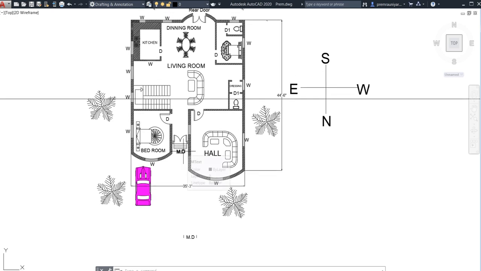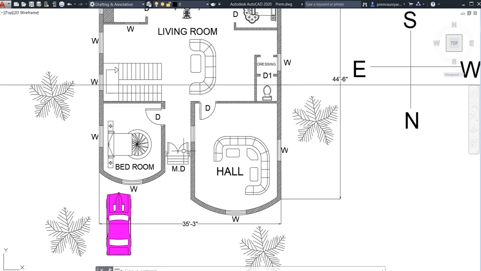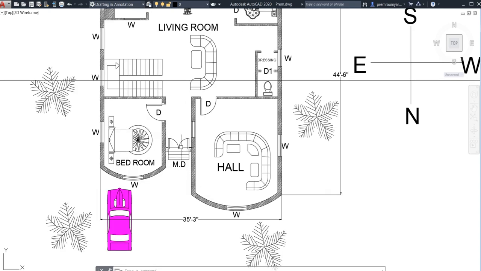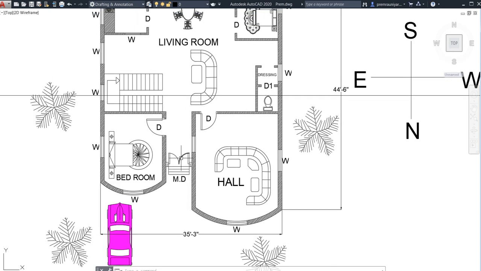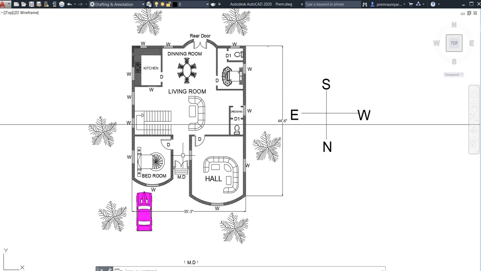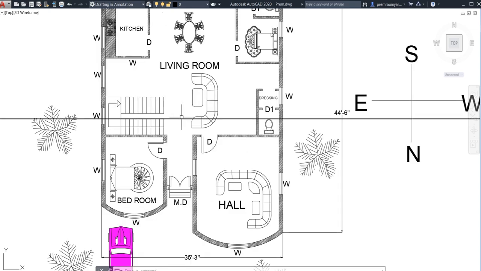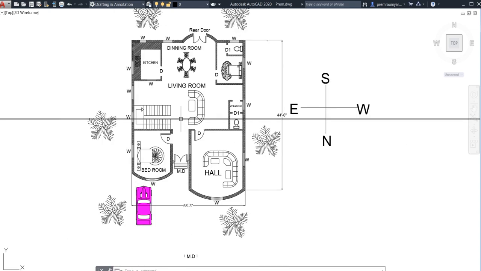So generally according to Vastu Shastra, what does Vastu say to us? When you enter the house, you need to have some light construction at the entrance, not heavy construction. See, this reference axis cuts the plan into two parts, this part and this part. I hope you can see my cursor. So this part and this part, you can see, it is visible to you.